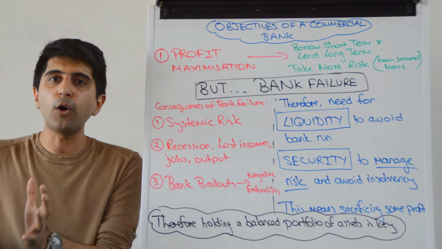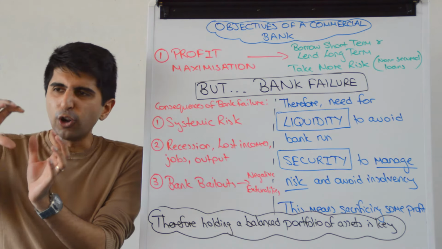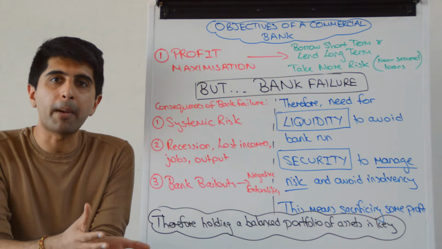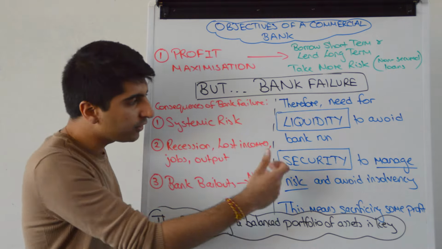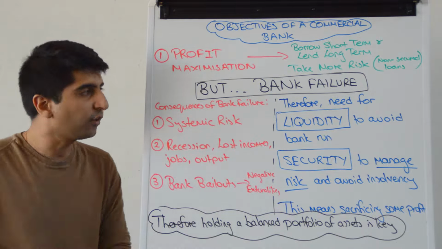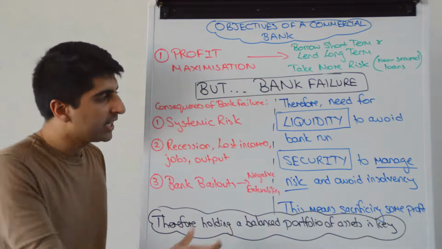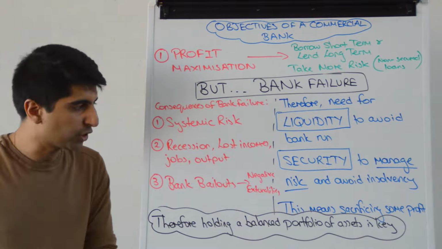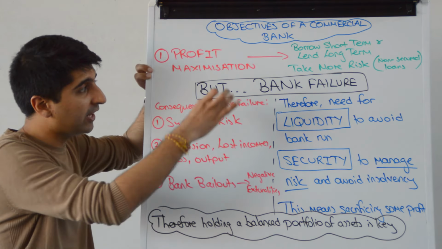It means that you don't need to hold as much capital, therefore. Because your loans are less likely to go bad, you're not worried about capital to offset those loans. And you've only got maybe a few loans that you think will go bad, in which case you've got enough capital to offset those loans if they go bad. So that's what security is all about, managing risk there and reducing the chance of becoming insolvent and therefore bank failure. But as you can see, both to keep liquidity and to make sure you're more secure and managing risk, you have to sacrifice a bit of profit as a commercial bank, which means it's not all about gung-ho profit maximization. Bank failure is scary.